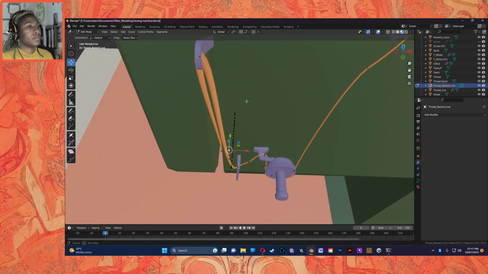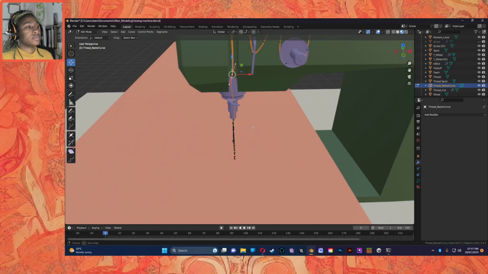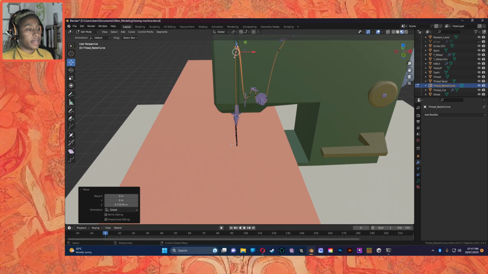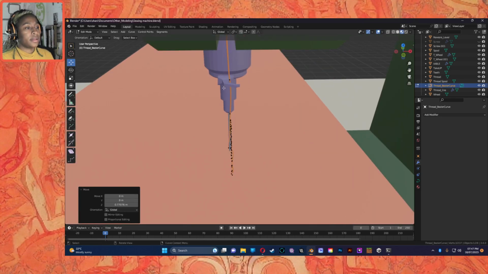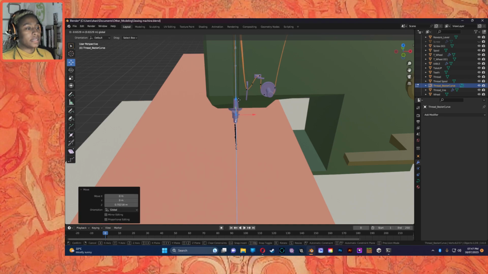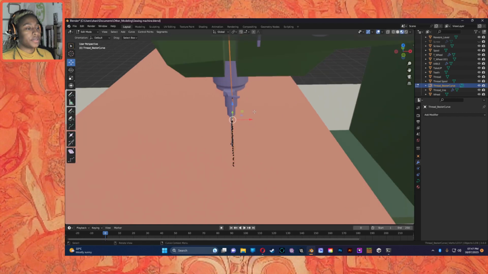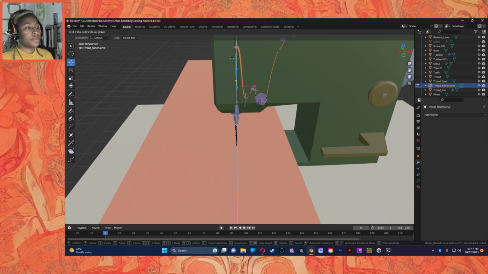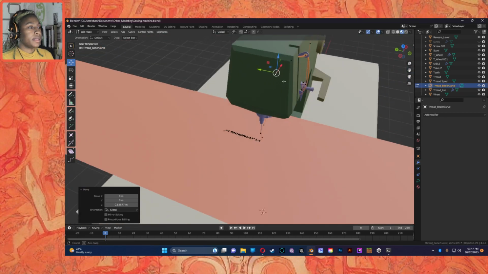So what I have the ability to do is move this up to there, and then these two, I'm going to move them up. Oh, cutting into the sewing machine. That's not good. Right, okay, so this one, I'm going to move it up, and then